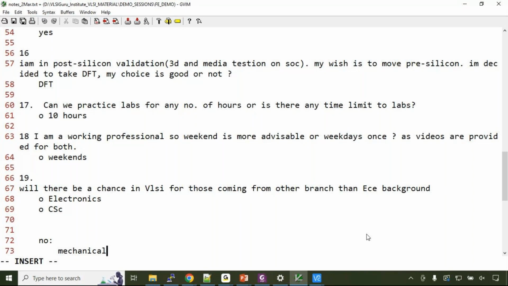I know basics of programming, but I'm not really confident. But I'm confident in the digital part. So if I want to take the content, can I take it? As I said, your inclination is for front end, right? You take it up for 2 months. By the time the Verilog course will start,